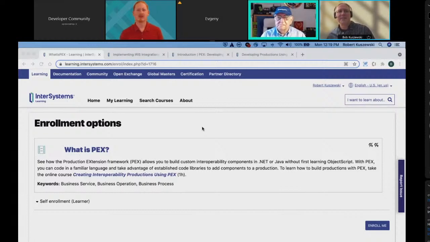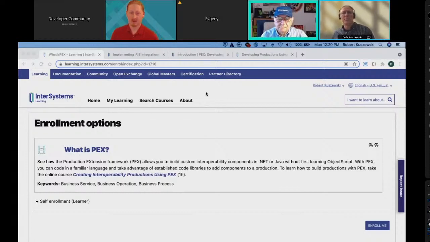I've used Kafka as an example. Last year, we were actually in the final stages of getting our official Kafka connectors released, so expect those in the next 6 months. But there's many, many other libraries. There's Apache Camel, which connects to everything. There's all sorts of things that you could connect to using PECs. So I just wanted to give you a brief overview of what it is, and point you at a couple of resources that you can look at.